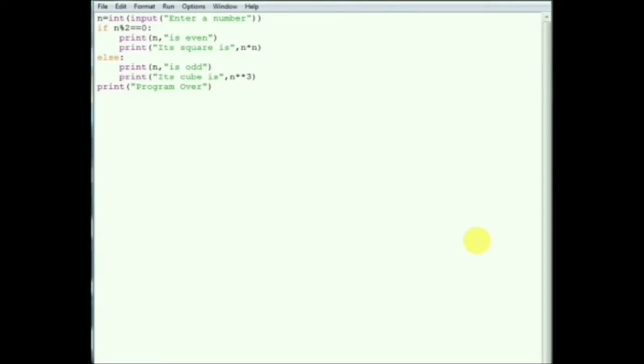Now let us have a demonstration of what we have studied till now. I have written a script over here in which I have demonstrated the effect of if-else statement. I have written a simple code. What I have done is I have taken an input in variable n and then I have checked the value of n. If it is divisible by 2, then I have displayed the number with the message is even, and in the second line I have displayed its square. But if the number is odd, I have simply displayed the number is odd and then I have displayed its